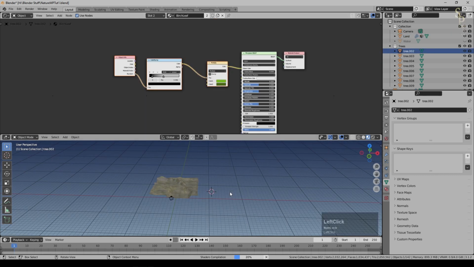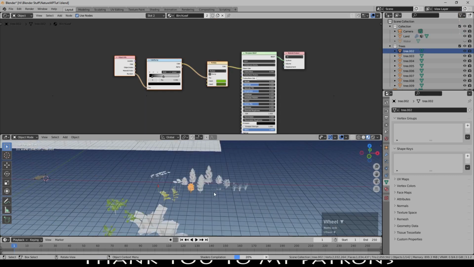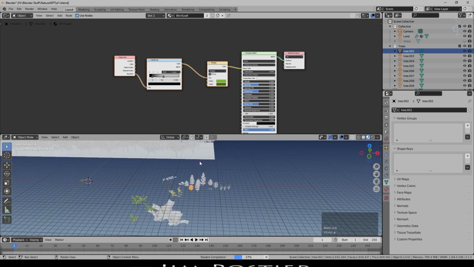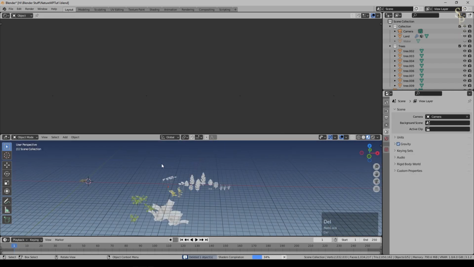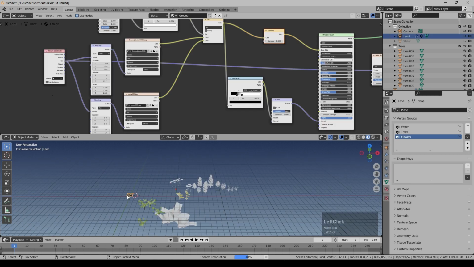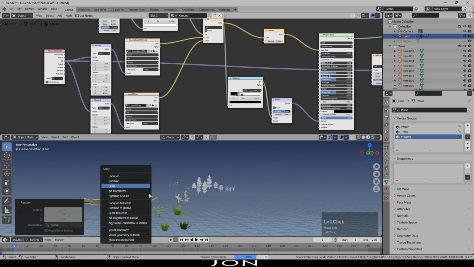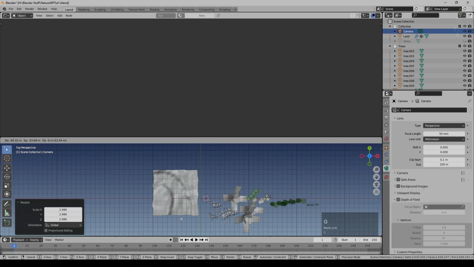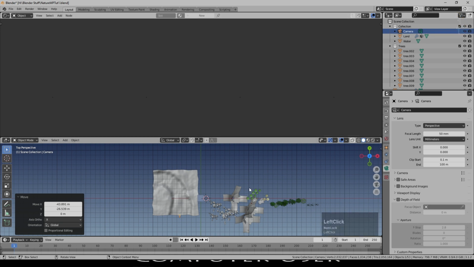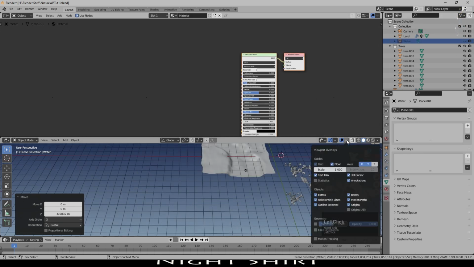So I'm selecting my trees, and there they all are. They're over here. I obviously made the scene much bigger previously, and it looks like I brought in something I didn't need to as well. So I think at this point, I will make my landscape bigger again, just so that it's comparable with the previous scene that I did, and we'll apply the scale. I always like to make my cameras bigger because it just makes it easier to see where they are. And I'll need to scale up my water as well, but we'll hide it again. At this point, I think I'm just going to hide the various grids.